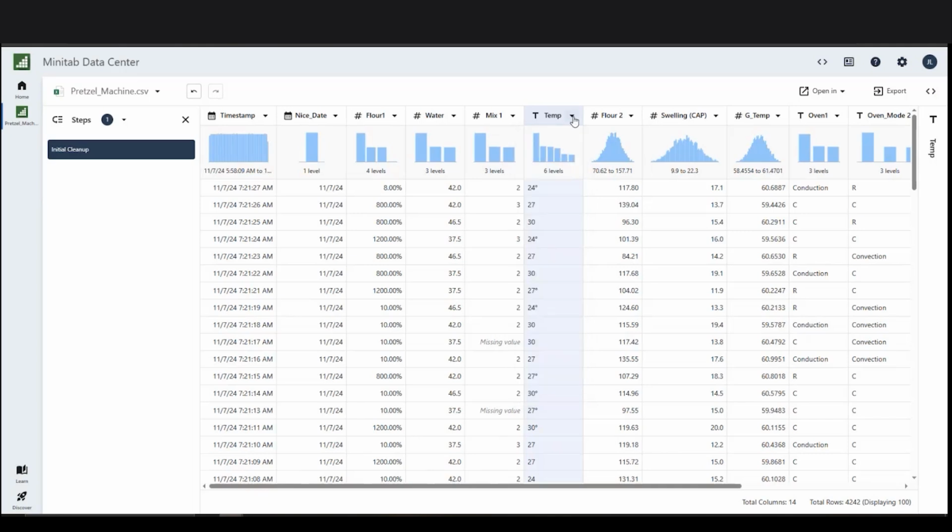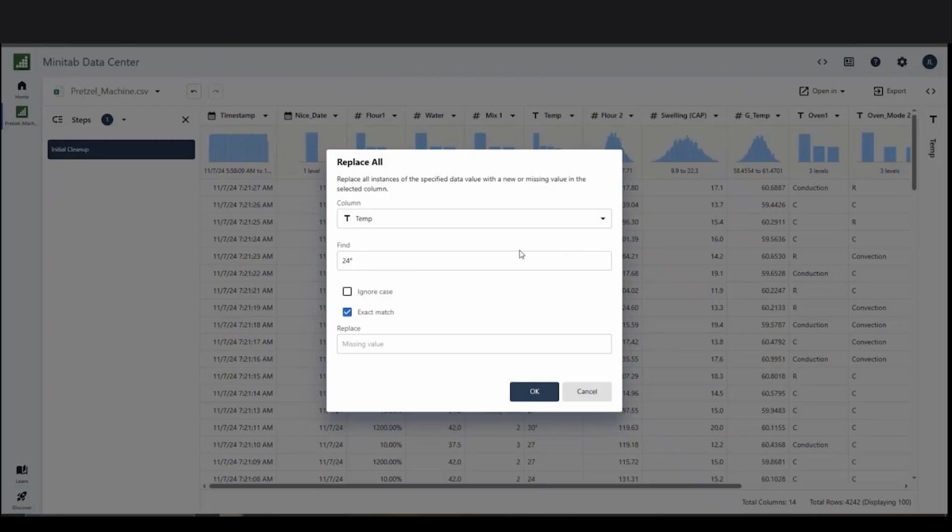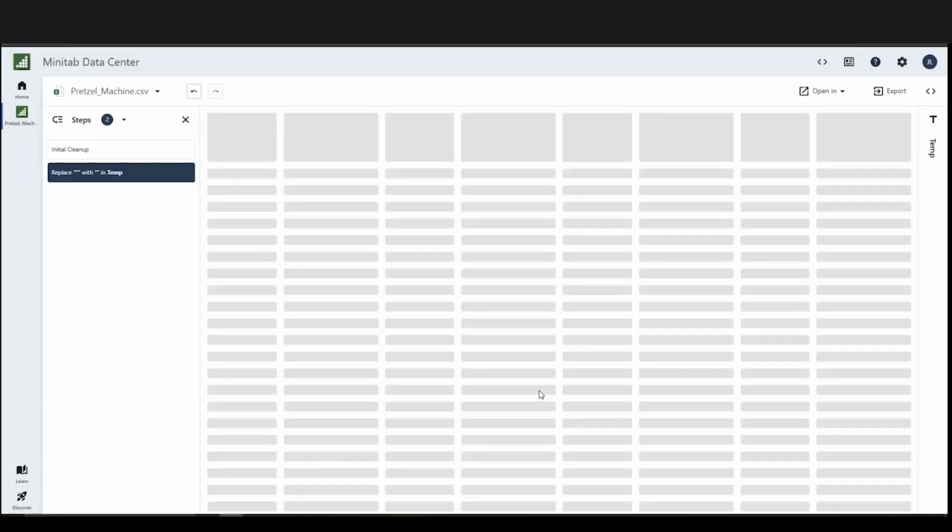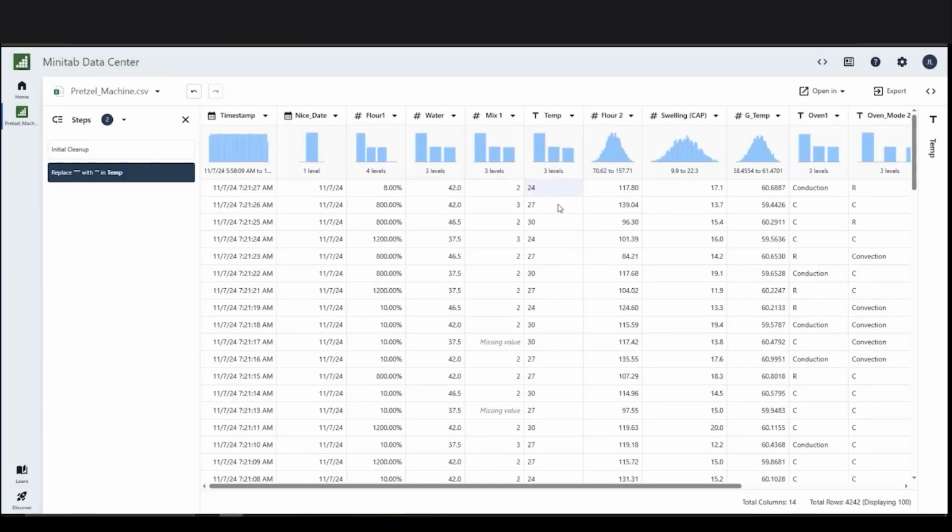Additionally, depending on the column type, cell values can also be interacted with, where a context menu can help accelerate configuring a specific data cleanup step. For this specific case, I'm noticing that some of the values within my temperature column include the use of a degree symbol. Leveraging the Quick Prep menu, I can pre-fill the Find and Replace dialog with one of these unwanted values. With just a few extra changes, I can easily create a rule that will find all instances of the